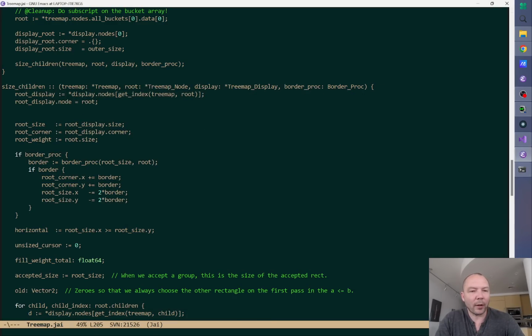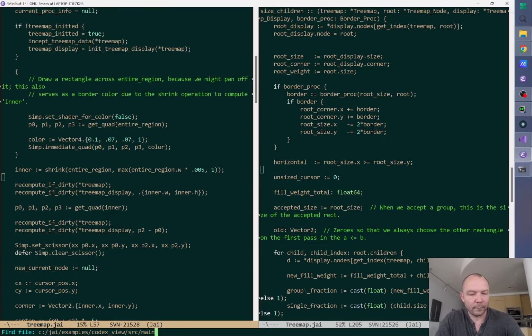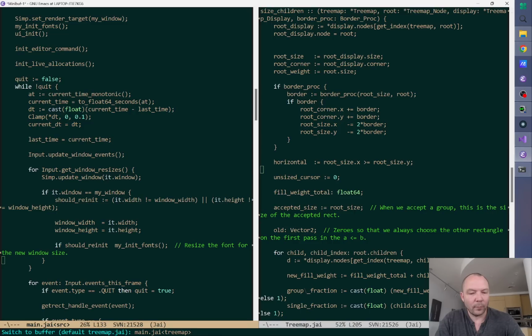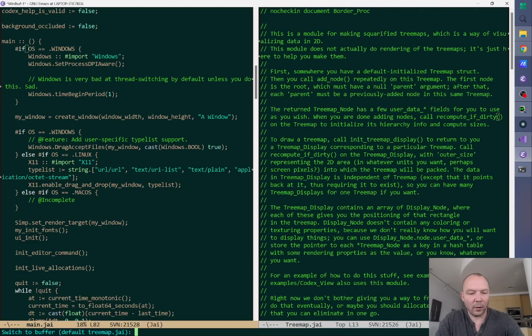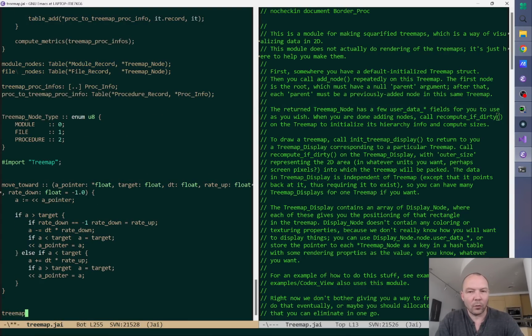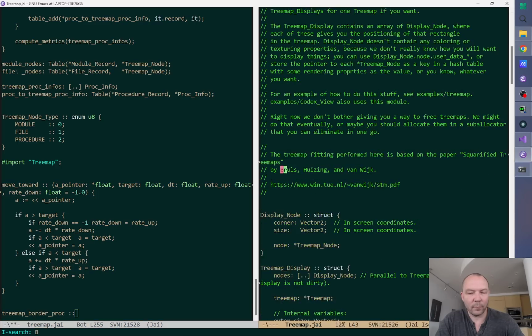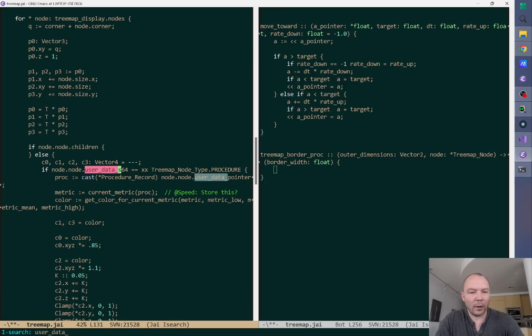Okay, we're going to make a Borderproc now. I'm going to kill this main so it makes it easier to switch buffers. If dirty, oh, that's not even here. If dirty, recompute if dirty, treemap Borderproc. Okay, treemap Borderproc is going to be the following. Now, the user data S64, yes. Type is cast treemap node type node.user data S64, if type is equal to case procedure, case,